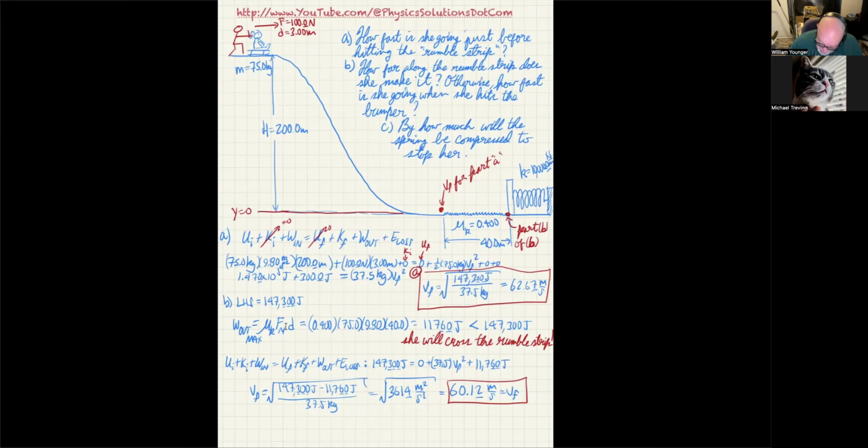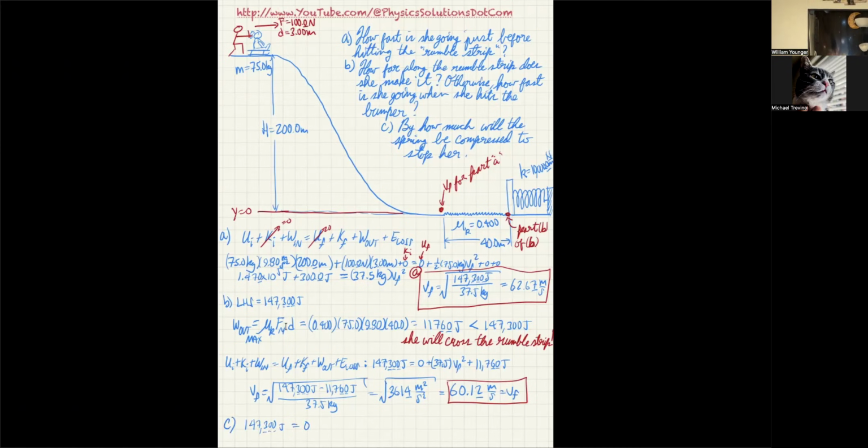Now, with that, they want to say, by how much will the spring be compressed? Well, what we know is the energy she has going into the spring is exactly the energy she had at the end of the rumble strip. So basically, the 147,300 minus the 11,760, that's how much energy she has. And all of that is going into, let's call it work out, where we're going to compress a spring. So for part C, I'm going to do it like this. The conservation of energy says it's 147,300 joules